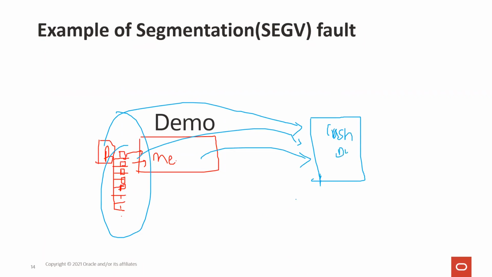Okay. Now you want to take a heap dump or memory dump. So if you take this dump, the memory dump, this is the second. You keep taking the memory over a period of time because you are not interested in what all the threads are doing or what the process is doing. You don't want this and you don't want this. You want only this memory. So this is called a heap dump or memory dump.